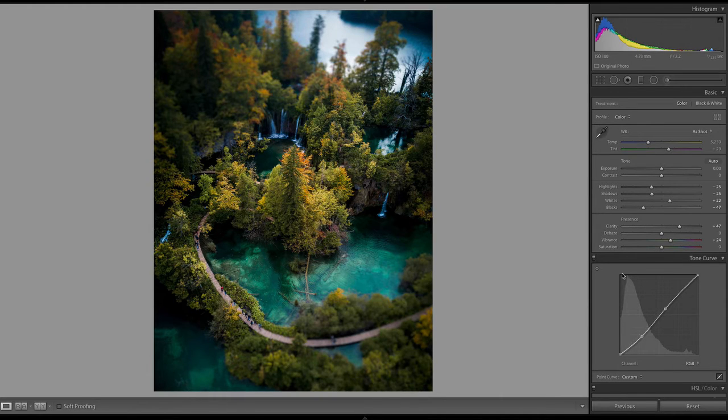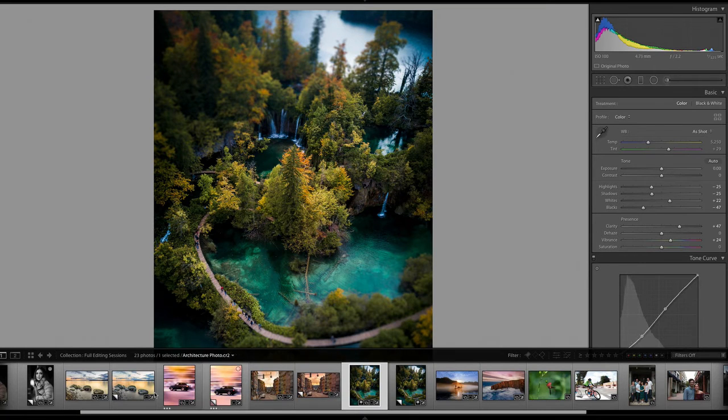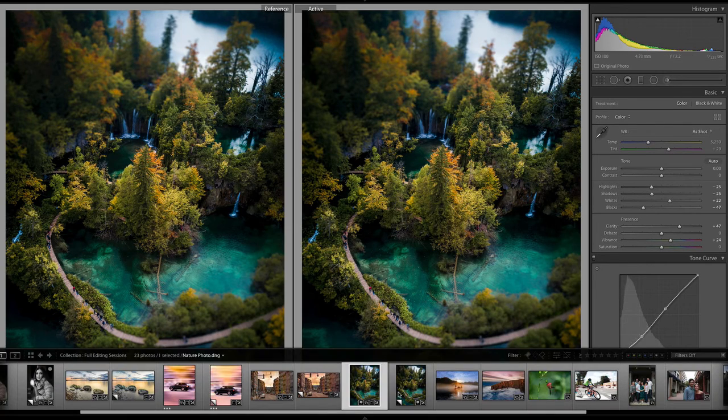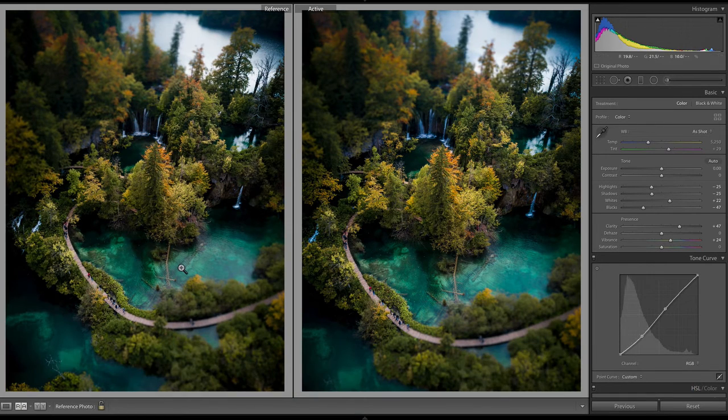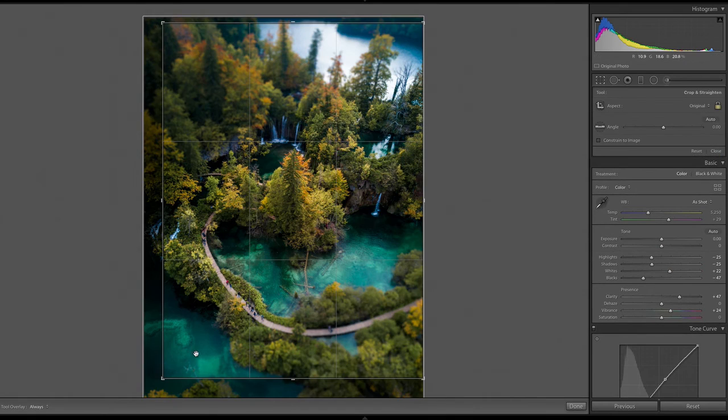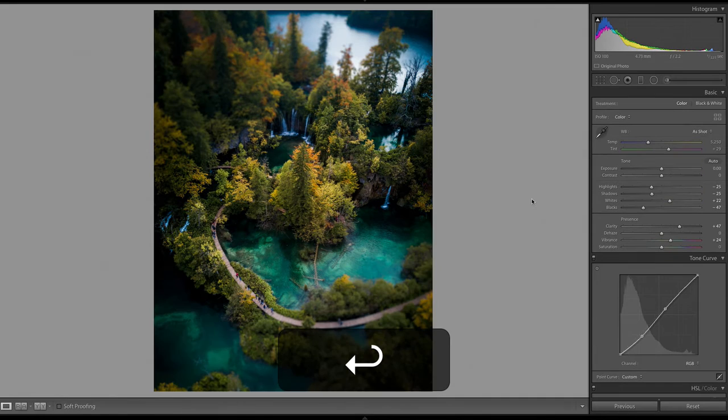And that's pretty much all I did with this photo to make it look how I did before. Let's go ahead and open that one up so we can see the before after of what we were working on. So this is the before one. This is the after that we just did together. Pretty much the same except for the crop. Honestly, I kind of like the crop from before. So what I'm going to do is go ahead back as shot, and we're going to leave it like that.